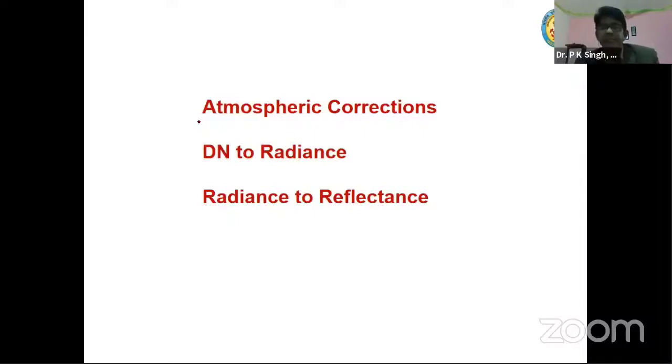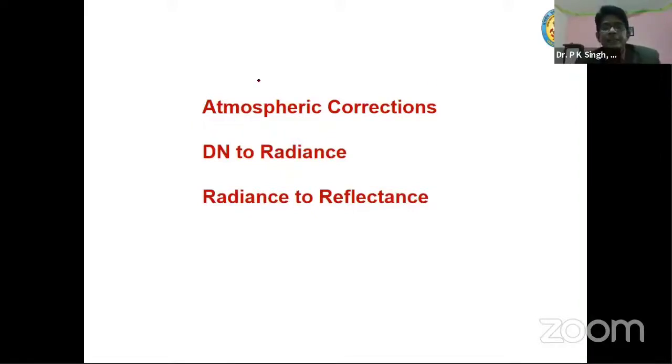Actually, geographic coordinate system means it is a part of the curved Earth surface. If you are working in a smaller area, that data is to be projected on a plane. For that, you have to use different projection techniques, so that the part exactly fits on the Earth surface. Apart from that, some atmospheric corrections are done.